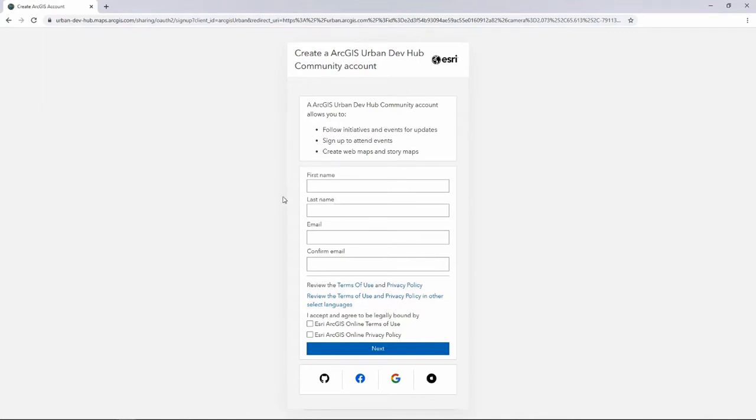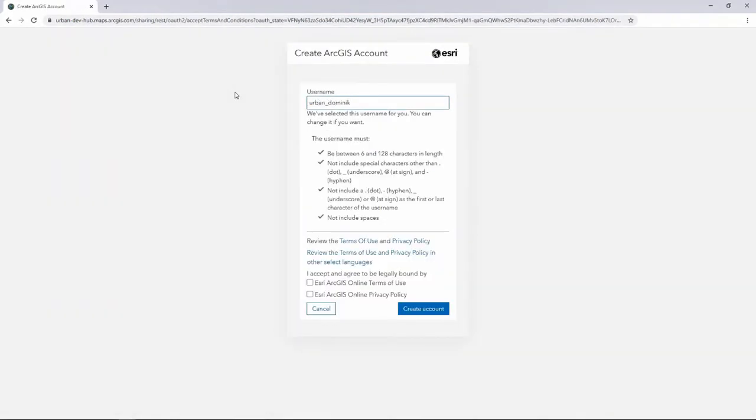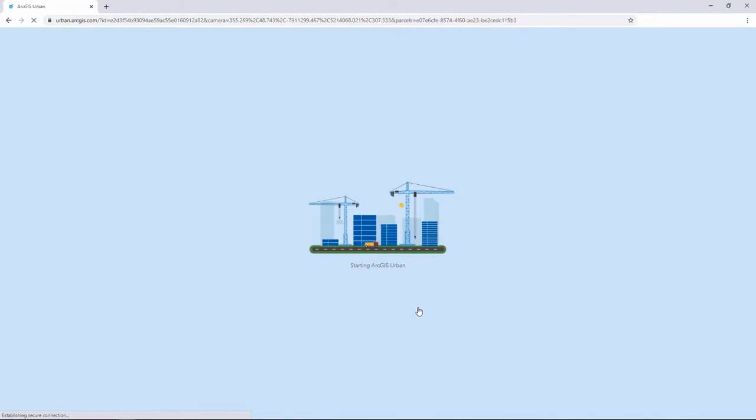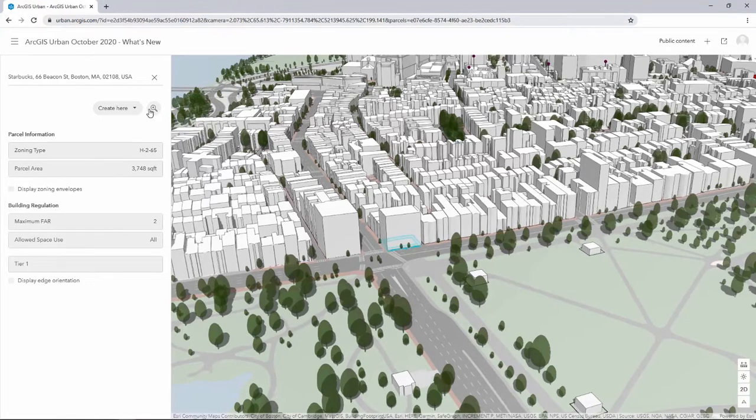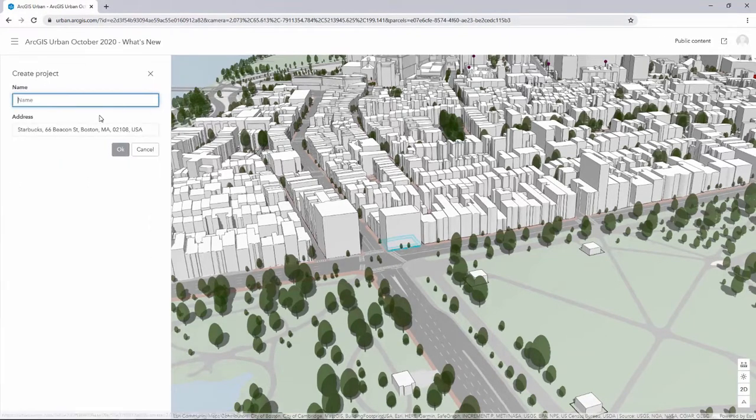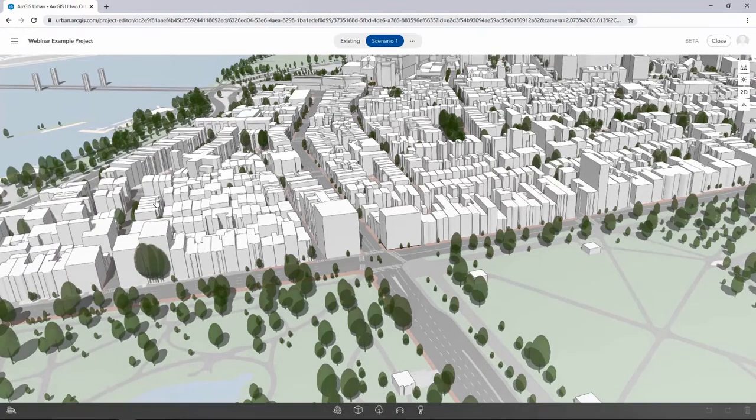I click on that and it allows me to enter in my sign-in information to create an account, or I can use a social media such as Google or Facebook to automatically create my account. So I'm going to create an account based on my Google login, define myself a username, create my ArcGIS Online account, and log back in to ArcGIS Urban. Great. Okay, so now I can actually create a project on this selected parcel. I'm going to give it a name, just webinar example for this example, and boom, I've created a project directly